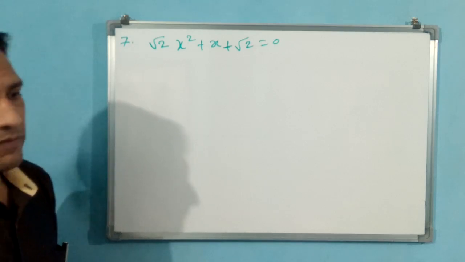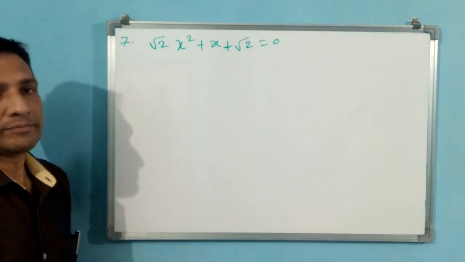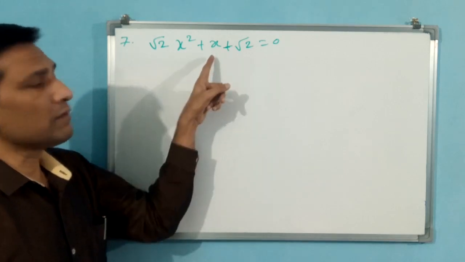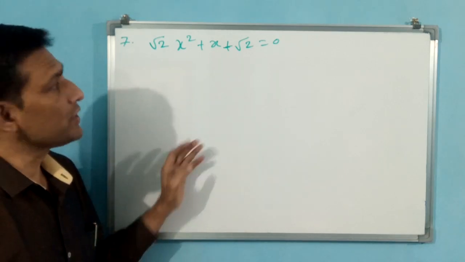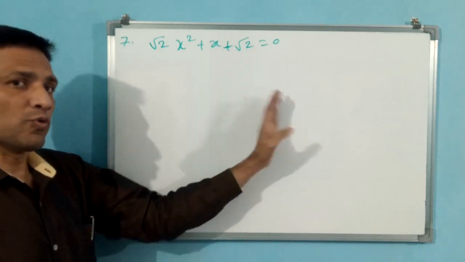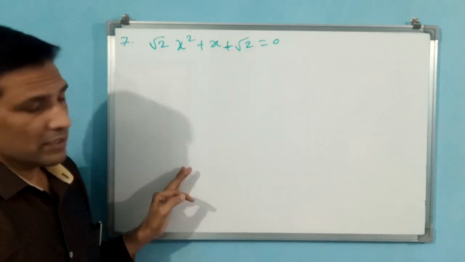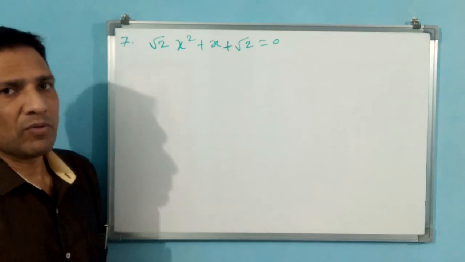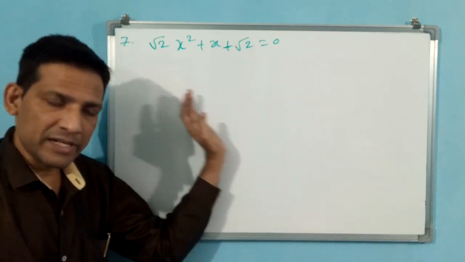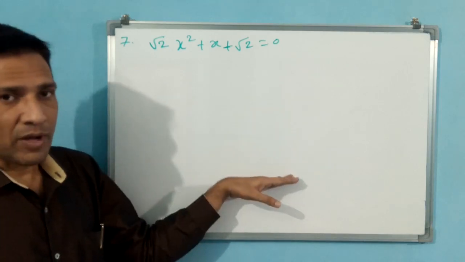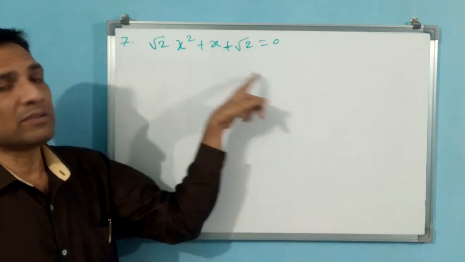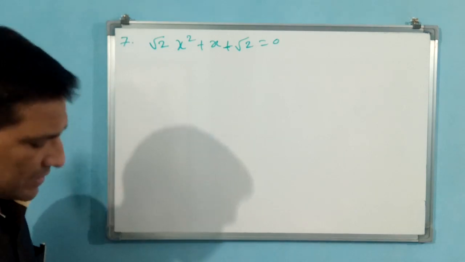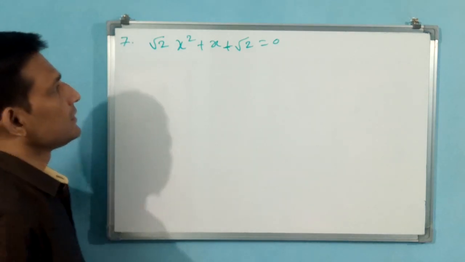Then where is it going to create a problem? Because see, root 2 is there, b square, 1 square minus 4ac, 4 into a into c, root 2 into root 2, 2 is going to come. Bottom also 2a means 2 root 2 will come. That is not going to create a problem. Let it be like this only. We will try to solve. If it creates any problem, then we go back and multiply with root 2. Like that we have to think. Let us see what will happen.